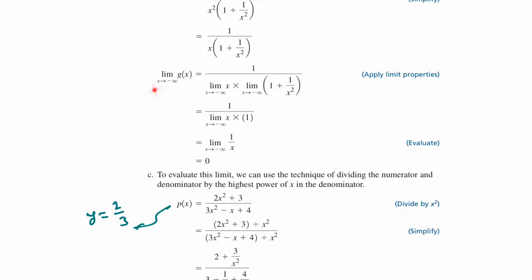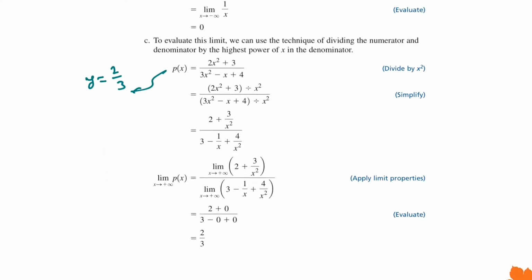Therefore, the limit of g of x as x approaches infinity and the limit of 1 over x as x approaches infinity are equal. The limit of 1 over x, the reciprocal function, as x approaches infinity is 0. It could be positive or negative infinity. The next example,